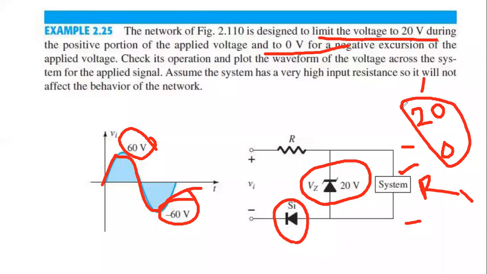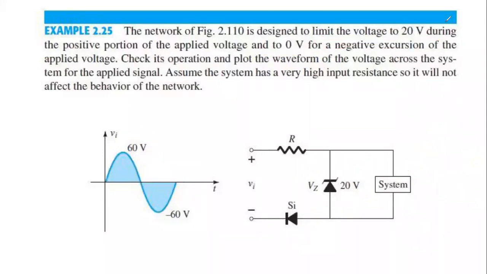So that's why, to make this 20 volt and 0 volt, we have used a Zener diode of 20 volt. You see that VZ, the Zener voltage, is 20 volt. That means when,